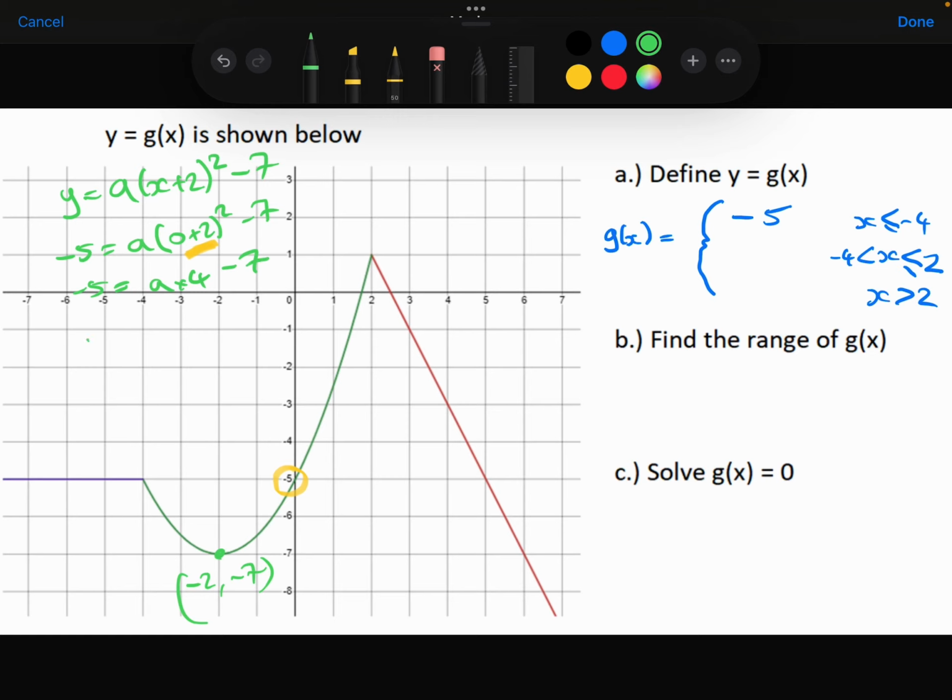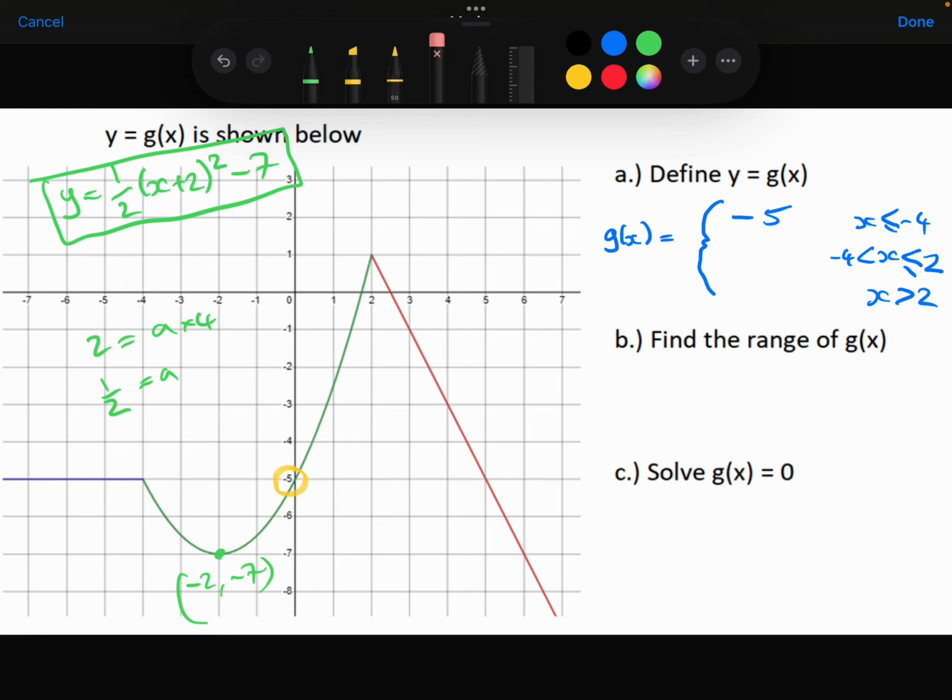Add the 7 to both sides. And I can see that a is going to be 2 divided by 4, or 1/2. So that is the equation of my quadratic,